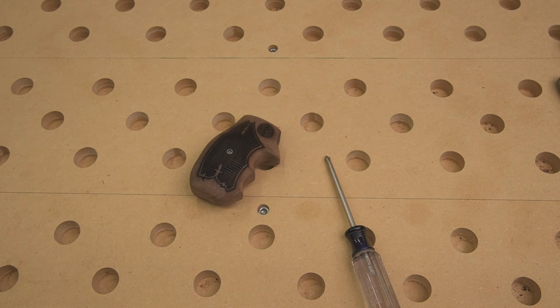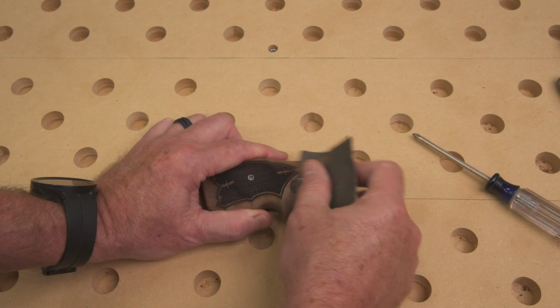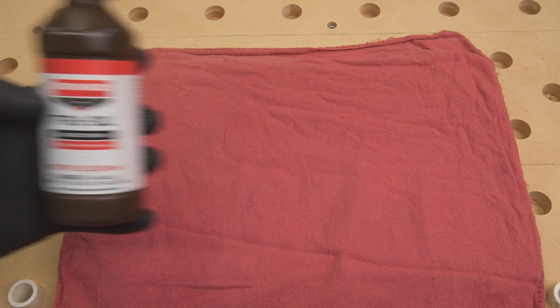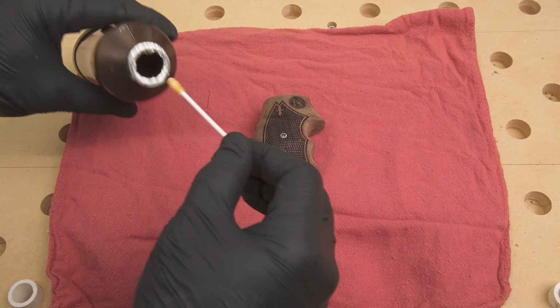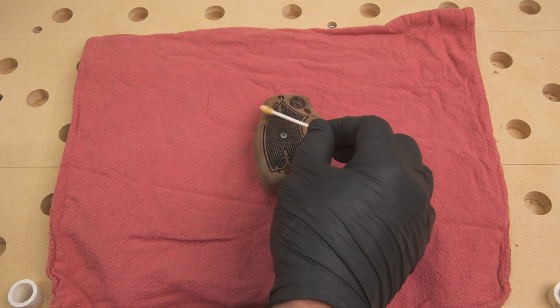After the laser engraving is done, I'll just do a light pass of 220 sandpaper on it one more time before I seal it. And in all my research, I discovered True Oil was the best stuff to use on gun stocks. And with that, I watched several different methods on how to apply it. And one that I used that I thought was the way to do it at the time was to use